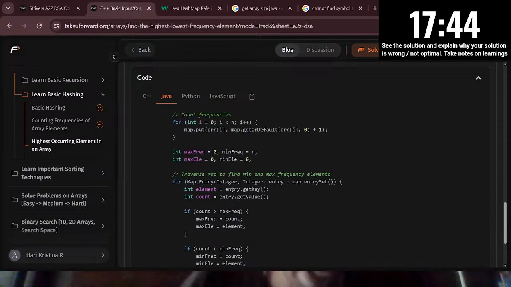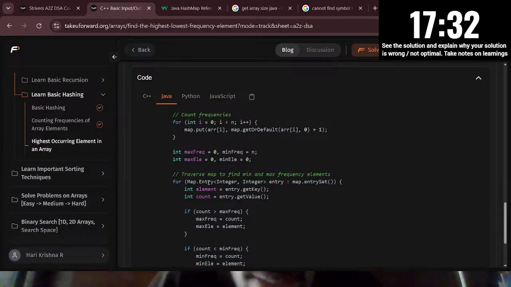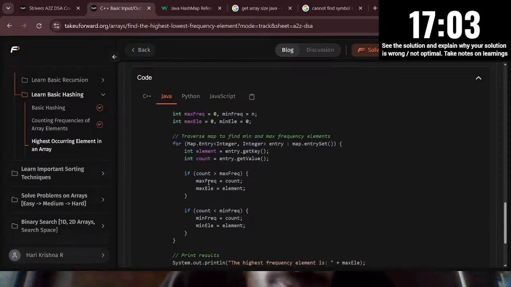So they have created an array. They stored everything in a map and then iterate: for map.entry of integer entry in map.entrySet, int element is equal to entry.getKey, int count is equal to entry.getValue. If count is greater than max frequency, max frequency is equal to count, max element is equal to element. If count is less than min frequency,